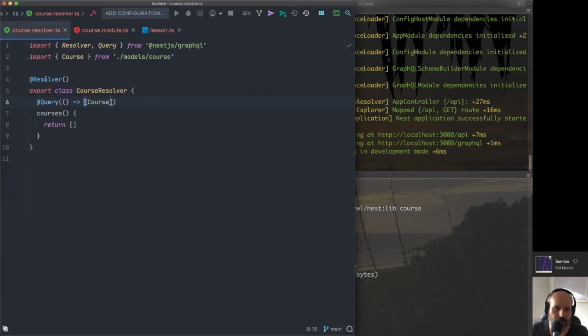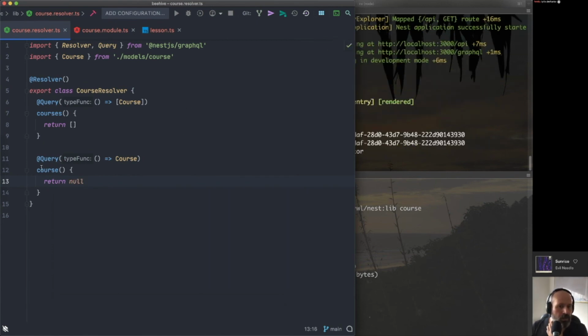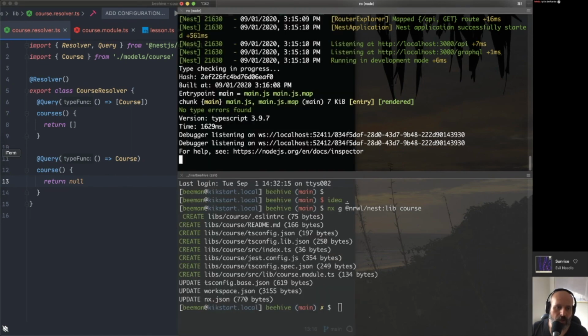Let's quickly scaffold out an individual query, which is a variation on this one. So it's course, singular. We're going to return a single object, and we're probably just going to return null for now. So same deal. We're going to watch the